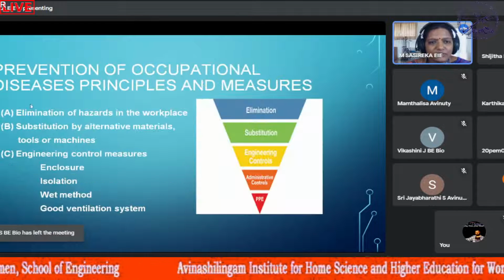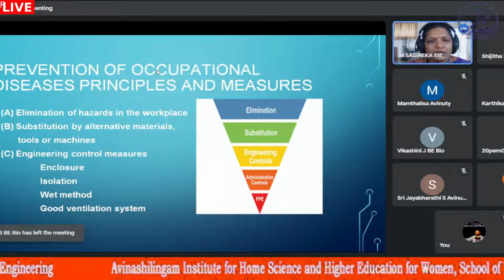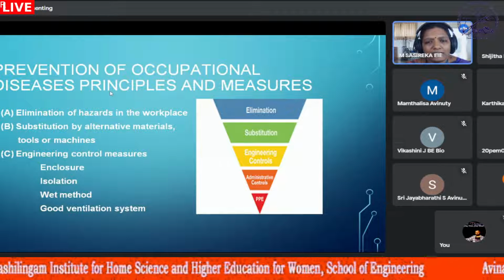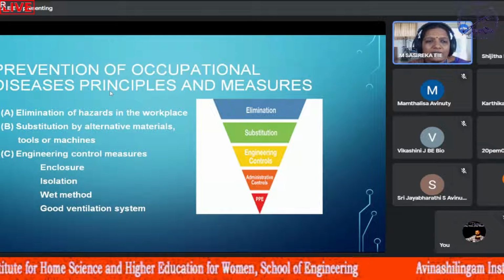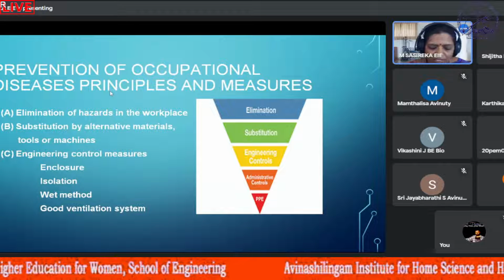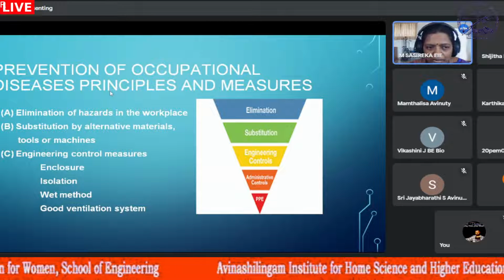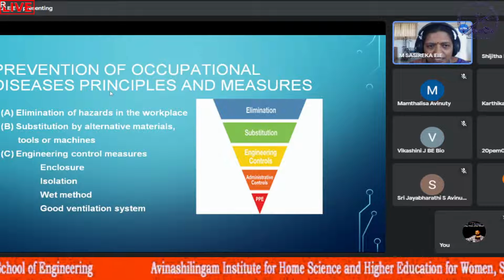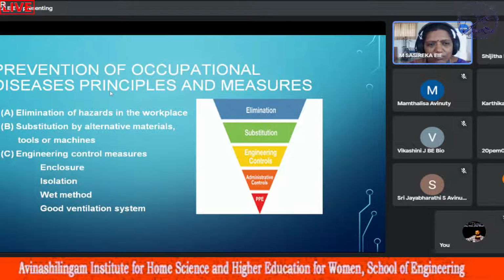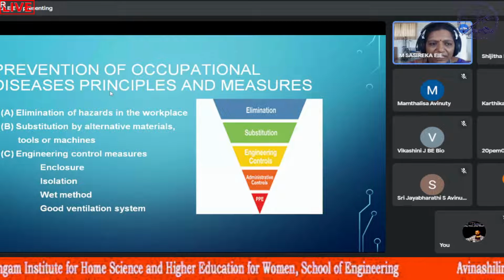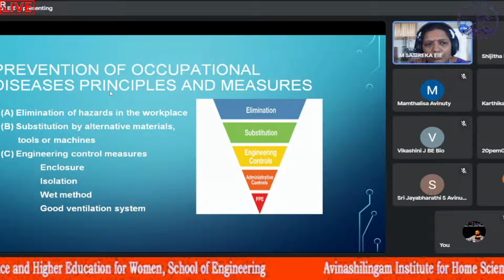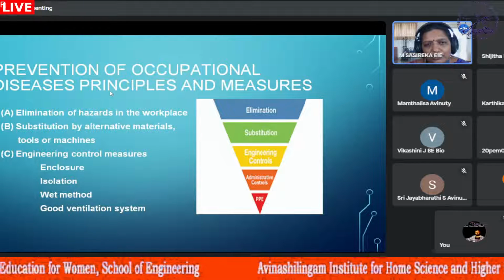Okay. So first we will see the prevention of occupational disease. What are the methods for preventing these occupational hazards? First, we have seen what is meant by occupational hazards. Then we have seen the 6 categories of occupational hazards and the effects of these hazards. And now we are going to see how to prevent these